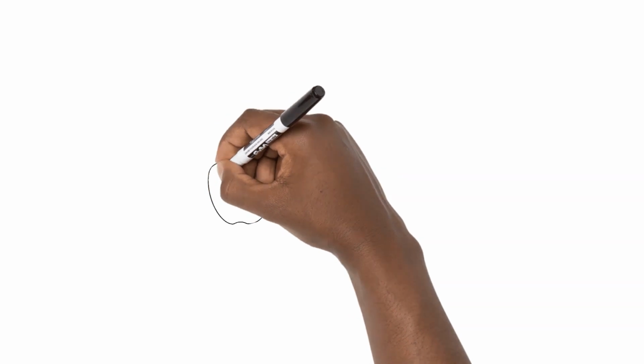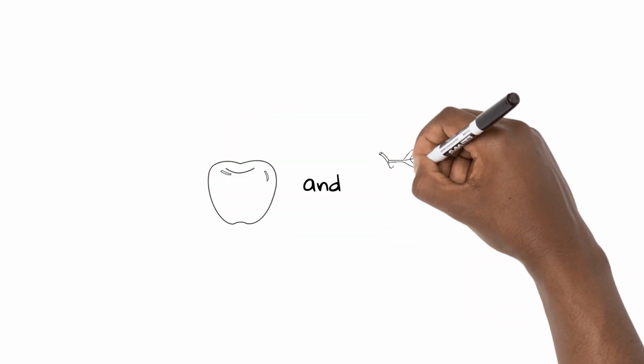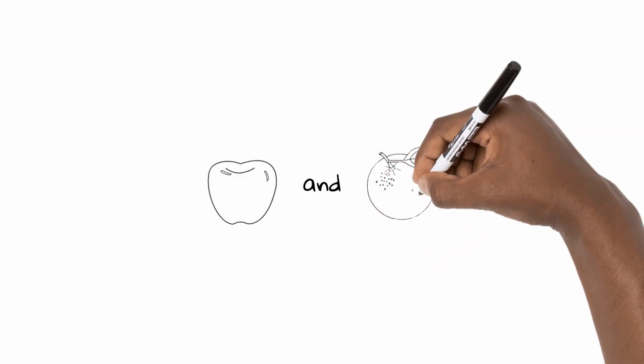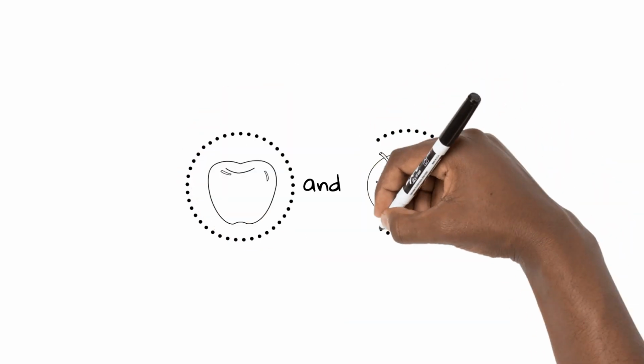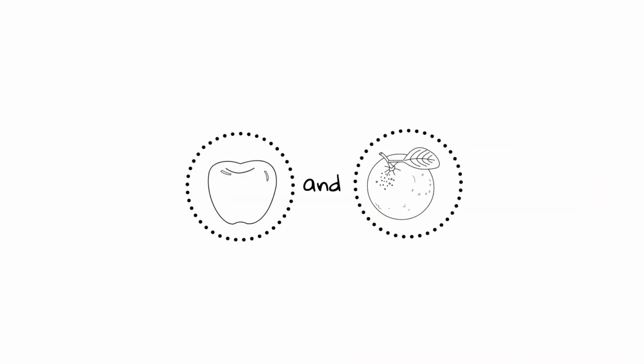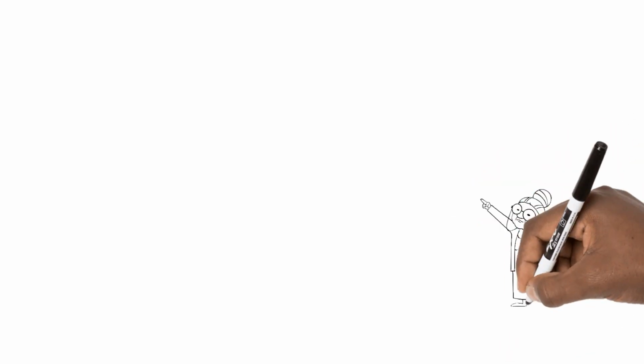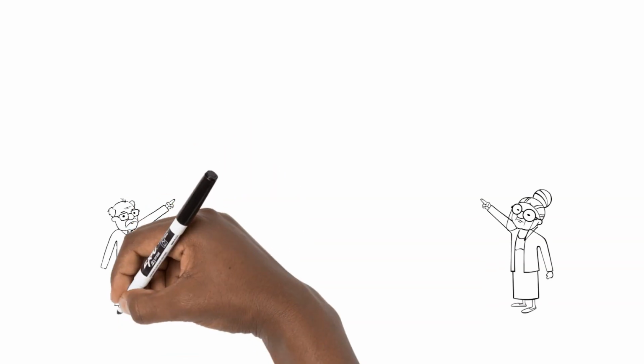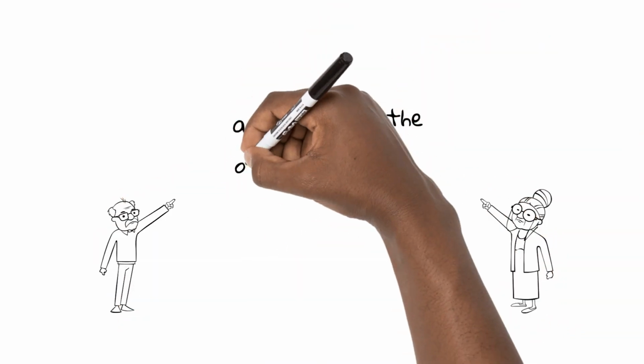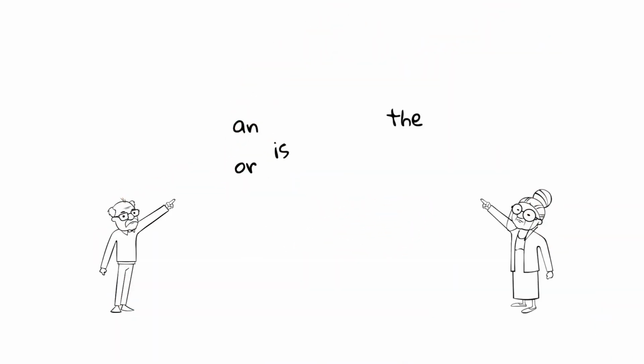You use it all the time. You say apples and oranges. Somebody might ask you, what does the word and mean? I know what the word apple is and what the word orange is because I can point to apple and orange. What is the meaning of the word and? It is also a word. It is also a sound. You could have words like an, the, or, is.